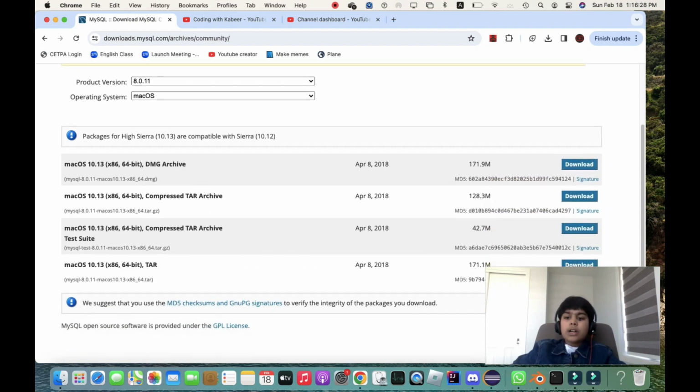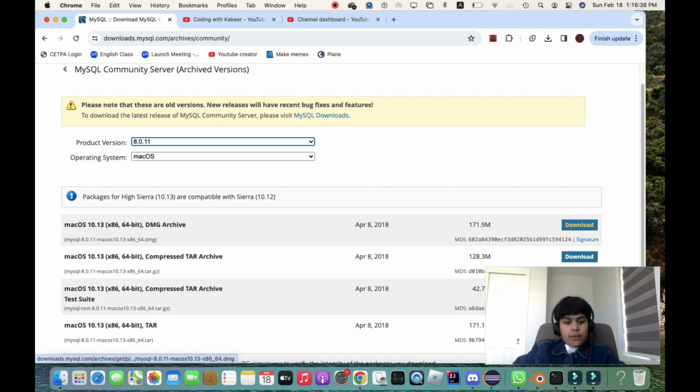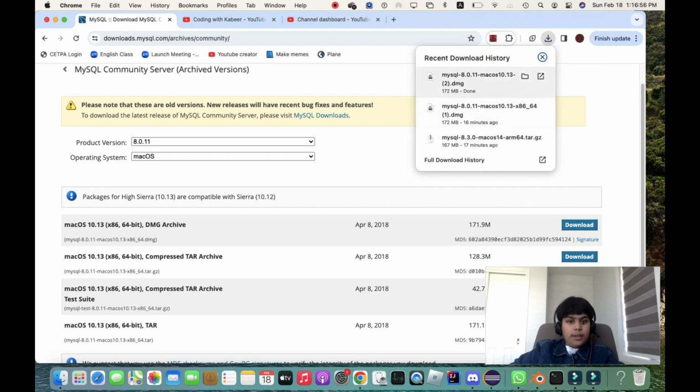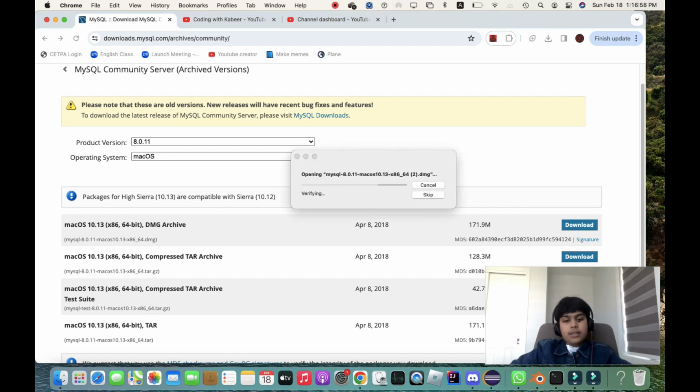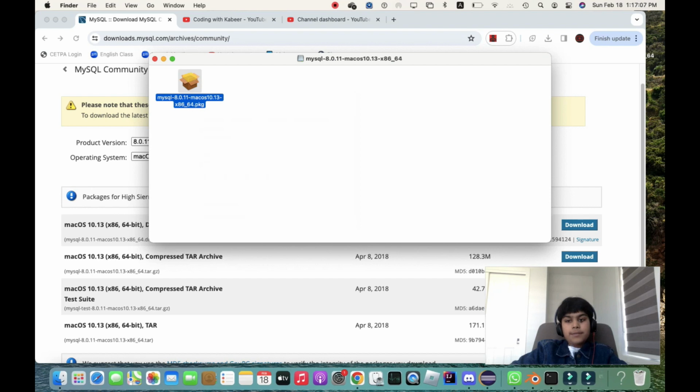So now, here you can install any of the versions depending upon your Mac. Files may vary, and here you can click on download, and it's going to show you the download, and click on that. And it's going to open, and when it says done, click on it once and skip. The best thing about Macs is that you can skip anything. Then you right click on it and click open,